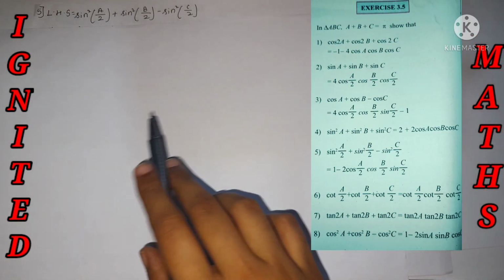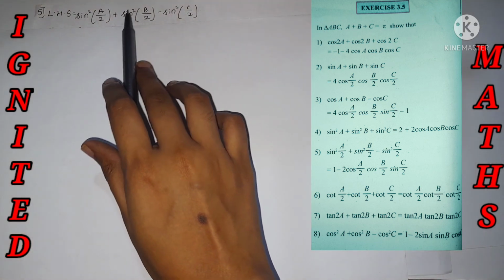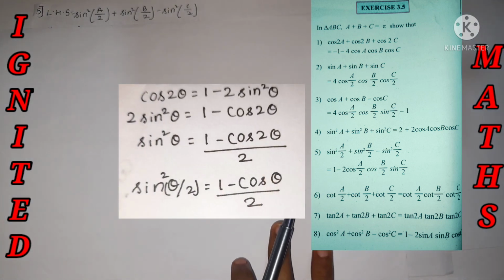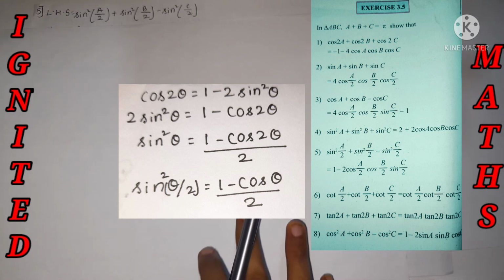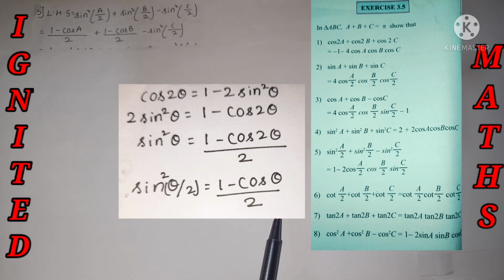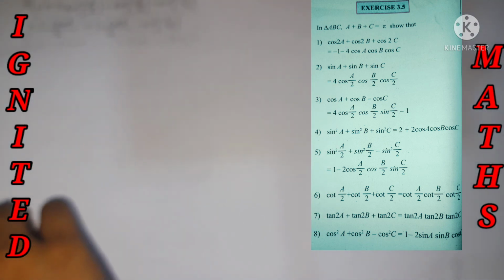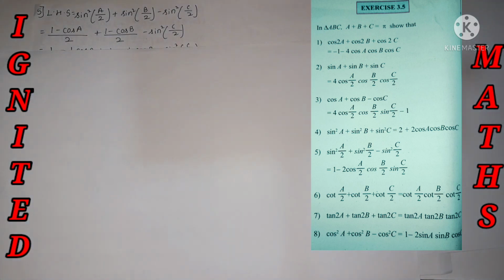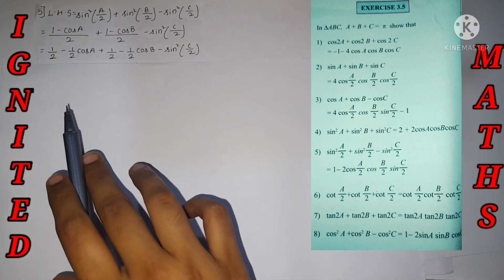Over here the LHS value is mentioned, let's prove it equal to the RHS. Sine square A by 2 and sine square B by 2, we have the half angle formula, which I have mentioned on the right hand side in the construction part, from sine theta and cos theta we have constructed it. I have represented it over here, and minus sine square C by 2, no changes. So 1 minus cos A by 2 is nothing but 1 by 2 minus cos A by 2, and 1 minus cos B by 2 is nothing but 1 by 2 minus cos B by 2. It's absolutely the same, I have not changed anything.